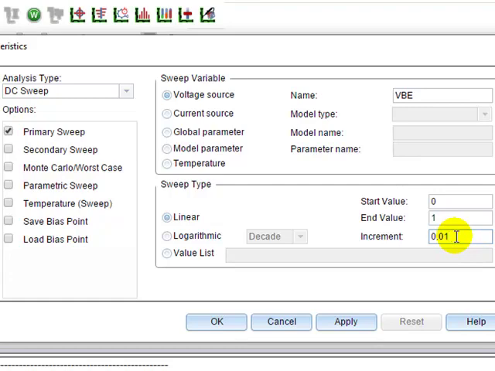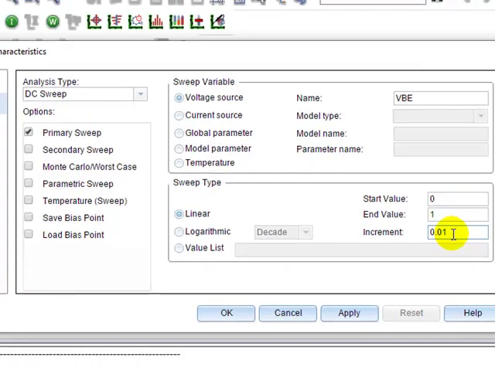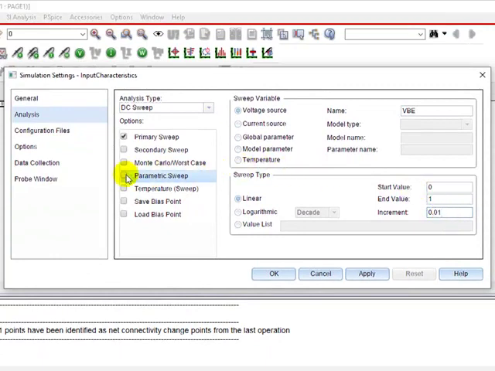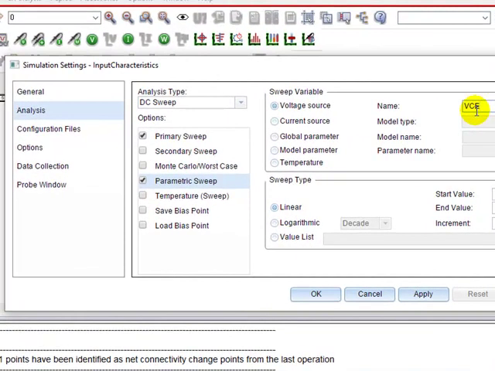And this experiment must be repeated for different values of VCE. Please note that VCE must be kept constant for each sweep. So I'll select parametric sweep, and for the parametric sweep I will enter VCE as the sweep variable, and I will choose any 3 constant voltages for VCE.